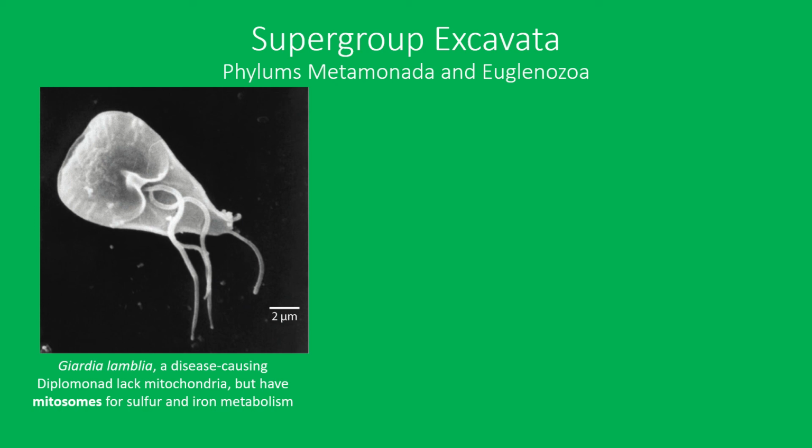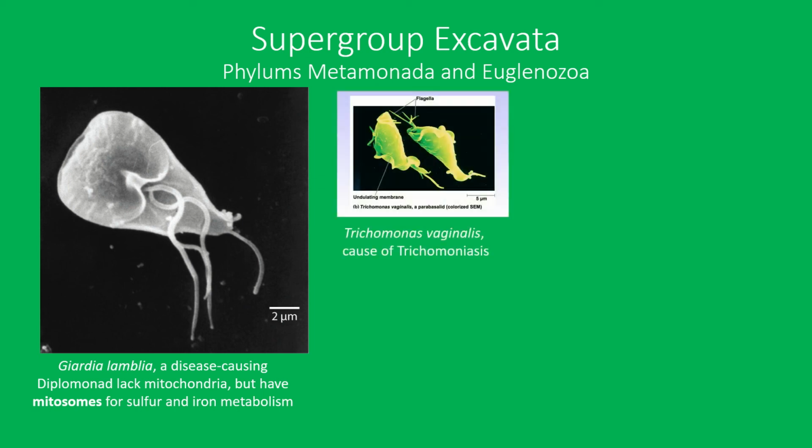Giardia lamblia is a parasite known to cause giardiasis by people drinking water with Giardia cysts in it. This results in bloody diarrhea. The parabasalids are named for a parabasal apparatus made of the Golgi body and special cytoskeletal fibers. This group has modified mitochondria that produce hydrogen gas as a byproduct. Trichomonas vaginalis is the cause of the STI trichomoniasis, causing asymptomatic infection in men but symptomatic infection in women. This could cause a secondary infection in women, resulting in easier susceptibility to HIV and cervical cancer later in life.